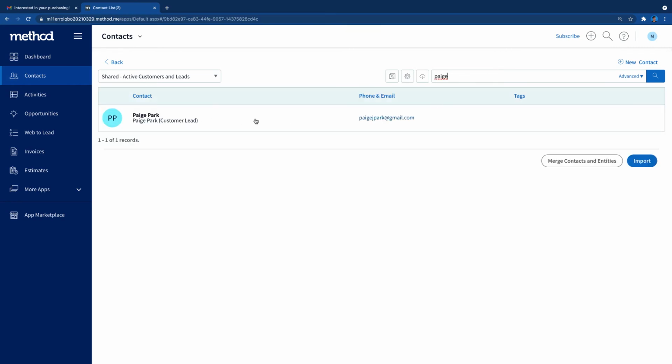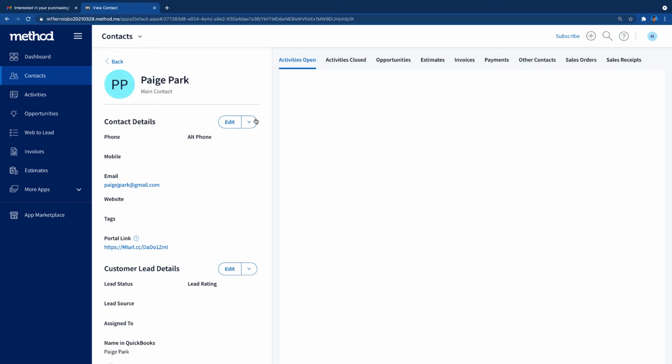Amazing. Now, as I've said before, Paige is a lead. The previous example customer, Bob, he was a repeat customer. He was in our QuickBooks account with a transaction history. But Paige is a lead and we haven't done business with her. Now, of course, with any business, there will be an onboarding journey. Our customer would qualify, go through a few processes, and maybe accept a few estimates on the way.